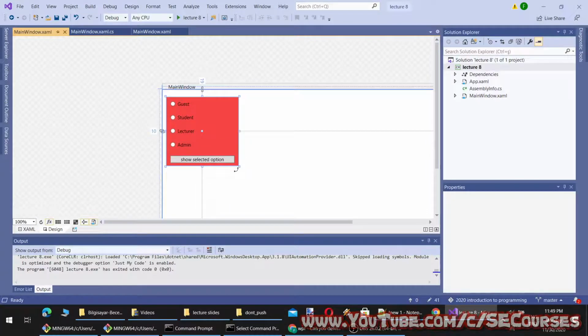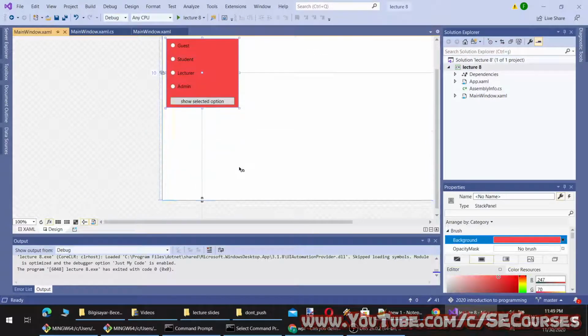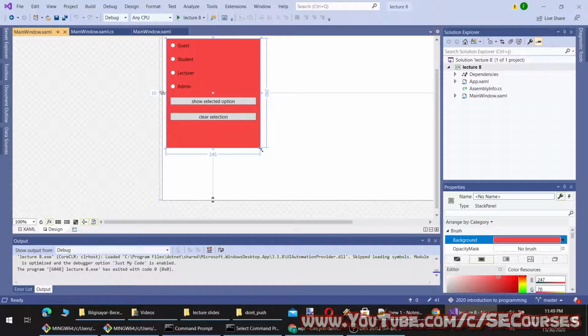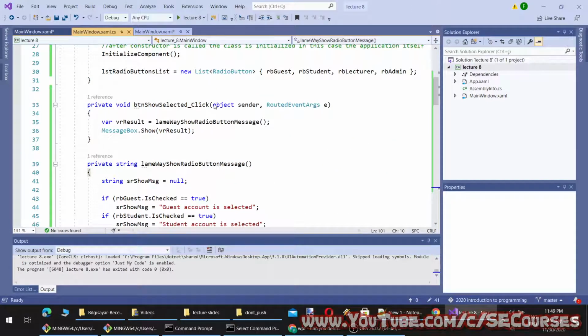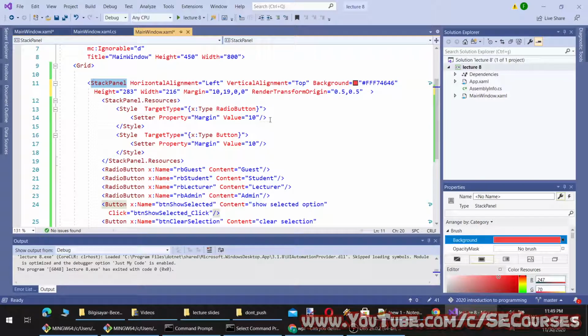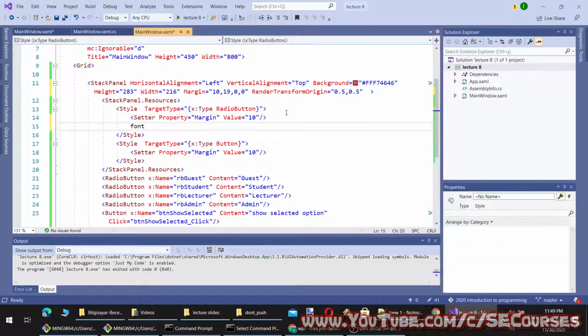And now I have to make the stack panel bigger. I will also change the style of these buttons from here. Let me show you, and they will be applied to also shader property margin, and let's add another shader property.